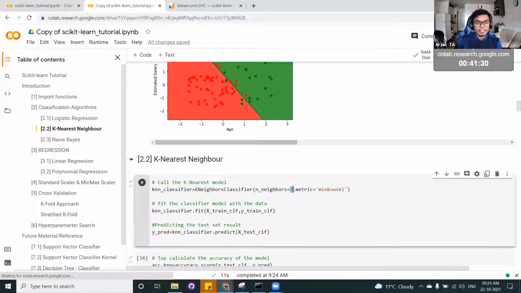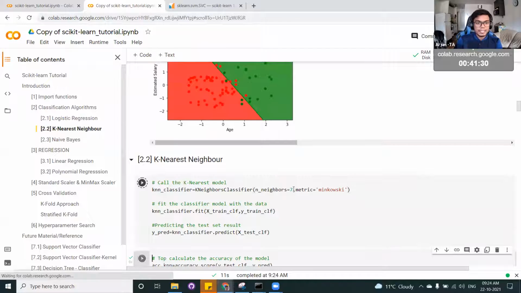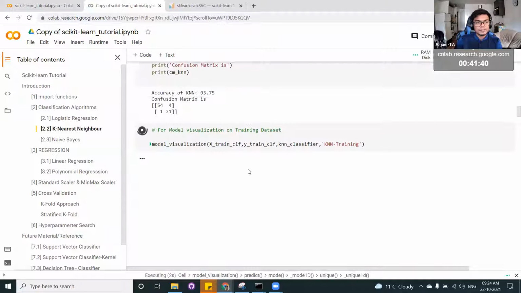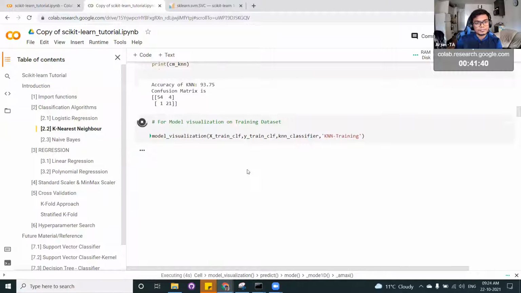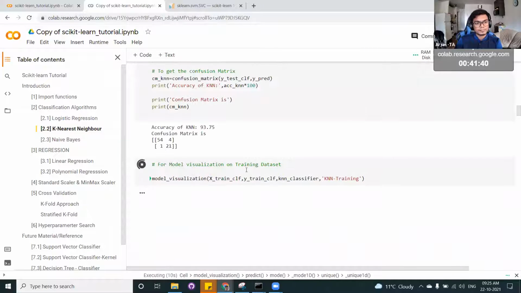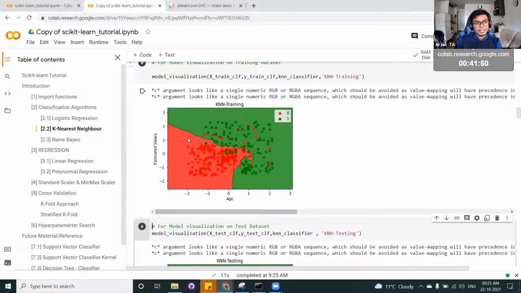Whereas once we make it 5 or 7, so let's make it 7 and see how the decision boundary is. Yeah, so 5 and 7 are almost equal, but when we use 1, it's too overfitting, and if we use 50 or 30 as the nearest neighbor, then it might underfit.